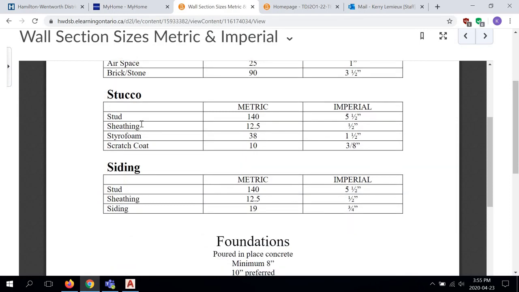But when you get down into the south, when you get to California, Southern California, near Mexico, you see a lot of stucco. So don't be afraid of stucco. If you're not sure what stucco is, look it up online. Go to Google Images. It's basically a textured finish. The best way is for you to look it up and see what it looks like. But again, it finishes with a scratch coat, right? So all these sizes are different offsets that can be used. And then finally we have siding. You don't see this too much anymore, but